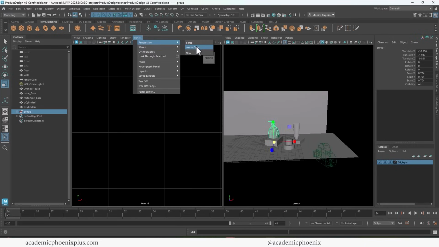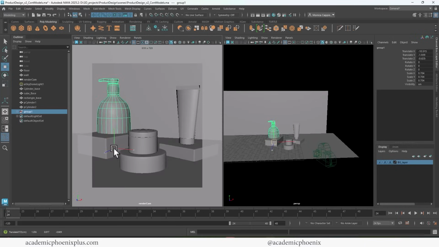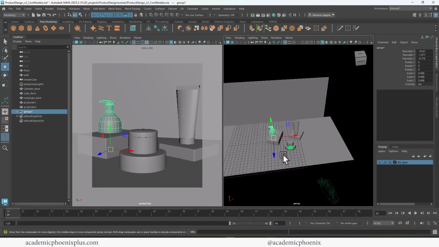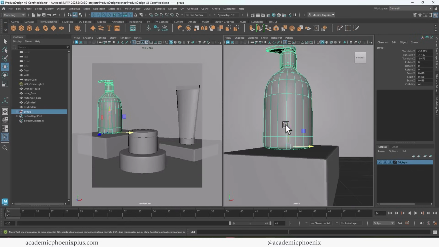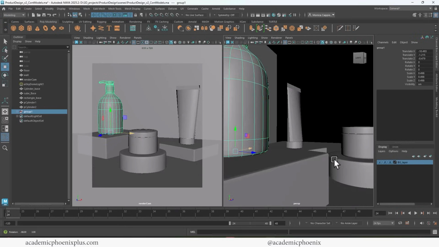Take a look at the render cam and see how everything is looking. So there goes all my models. I basically have everything ready, and now it's about the scale and making sure that everything looks good. So placing it on here, making sure it looks really nice. I can see all my 3 products there for my skincare product design. And now I have the floor, the wall, the stands,